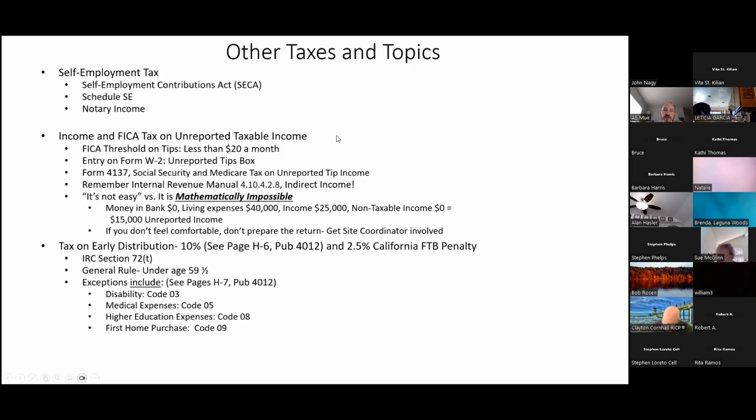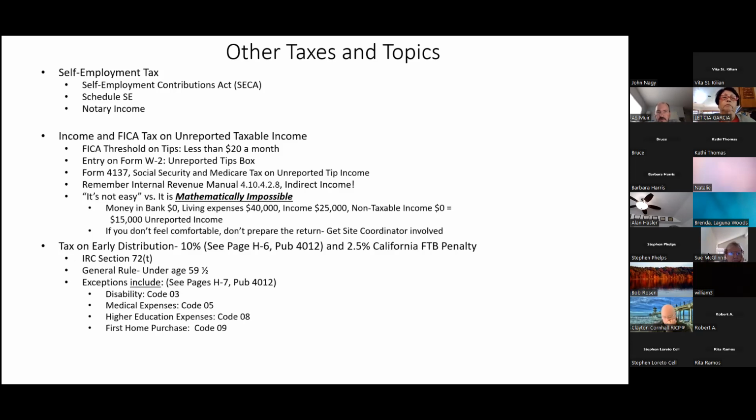But anyway, the Self-Employment Contributions Act passed in the 50s. And so the vast majority of self-employed individuals have to pay self-employment tax, automatically calculated at our VITA site. That's typically what we're going to see. And this is essentially the equivalent of FICA, the Federal Insurance Contributions Act. So when people are making contributions, and that's the term they use, it's really a tax. That's what the Supreme Court decided years ago.